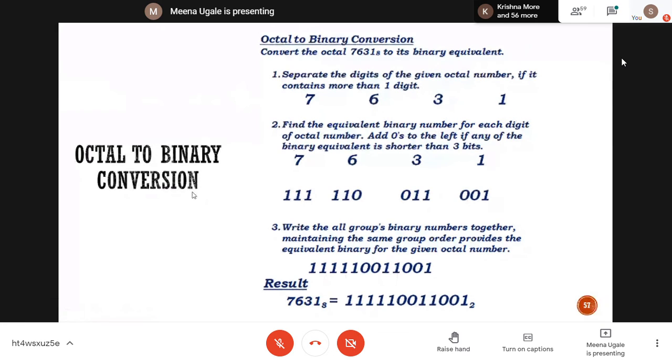Now we will go for the next part, octal to binary conversion. Note down the title, octal to binary, and then you will see how to go for that. The easiest way: any octal number given to you will be like this, 7631. A 4-digit octal number I have, and I'm supposed to find out the binary equivalent. So what is to be done here? Please separate out the 4 digits like 7631. Right now you can see on my screen.